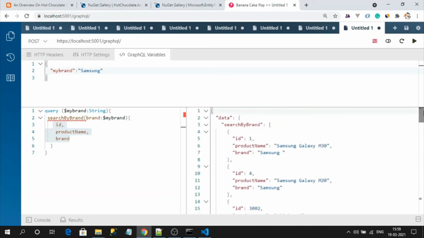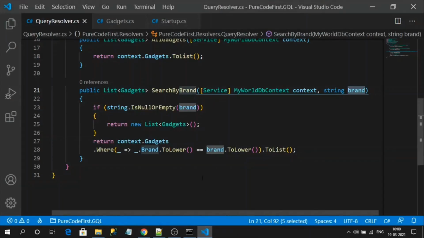So in this way, it is very helpful. For filtering the data, we need to use the GraphQL variable. It is hard to frame the query initially. Once you get used to creating it, it is a very normal process. So this is how filtering can be done.